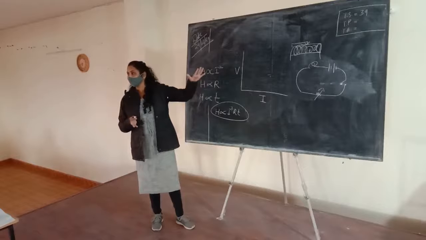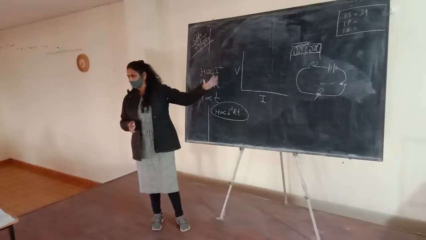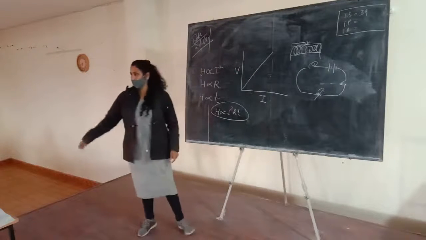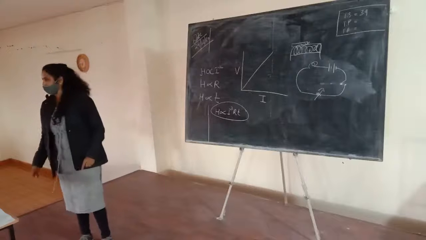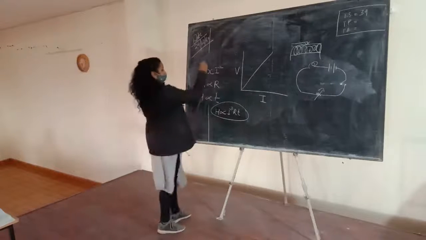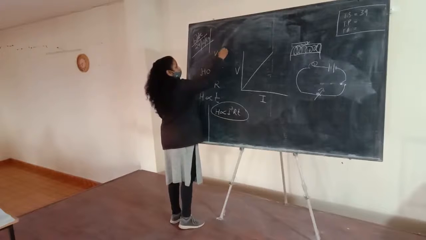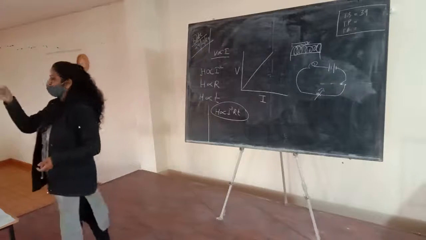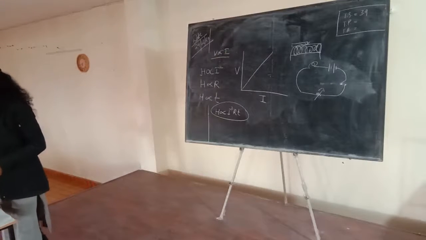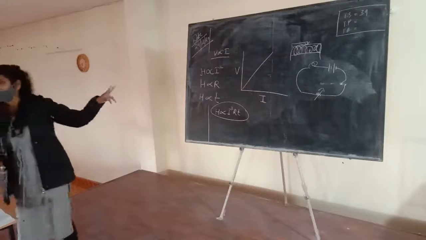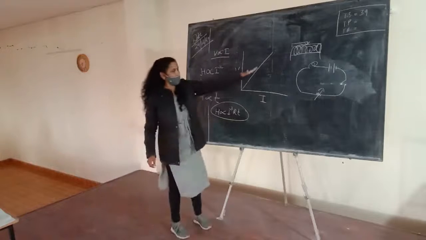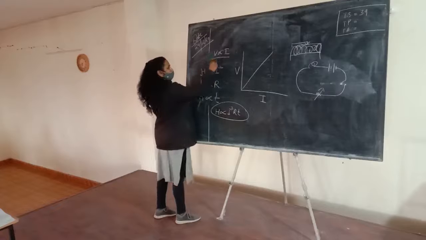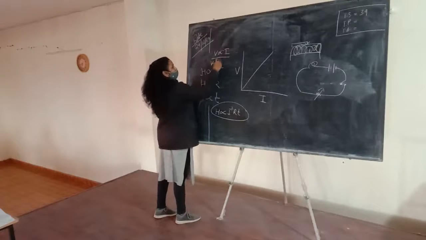and if you draw the graph for this observation, you will find the graph is like this one. This is a slope, this is a straight line having certain angle with the base. क्यों है? क्योंकि देखो आप कहते हो कि जो V होता है डायरेक्ट प्रोपोर्शनल टू द I. If you are going to increase the current, the potential difference also increases. If you are going to decrease the current, the potential difference also decreases. It means they are directly proportional to each other. And so this is the graph of the potential difference and the current. And according to Ohm's law, we know that V is equal to I times R. So this is about the graph.